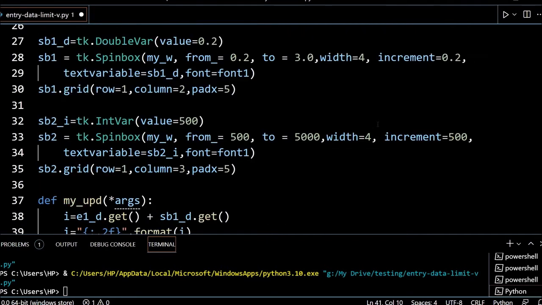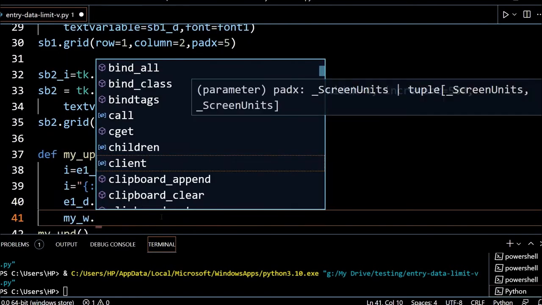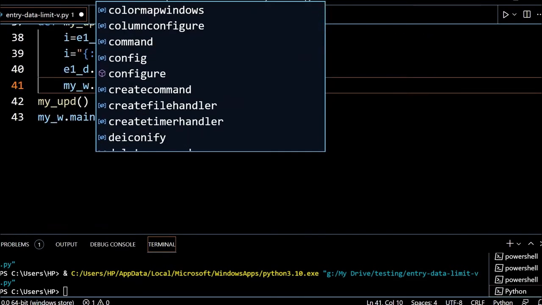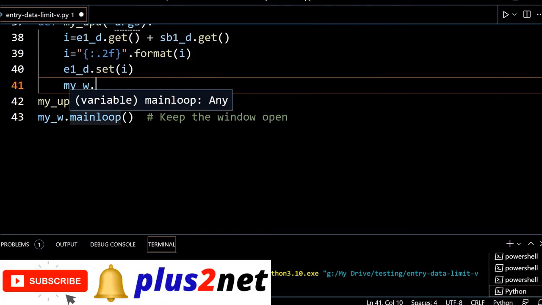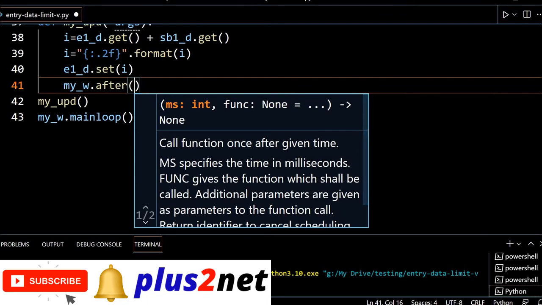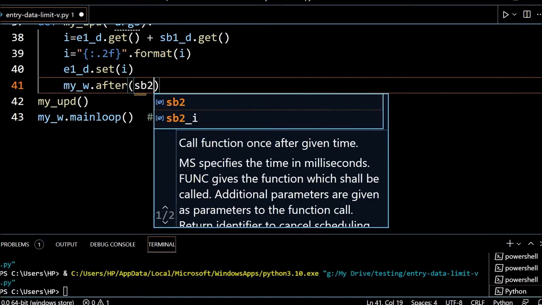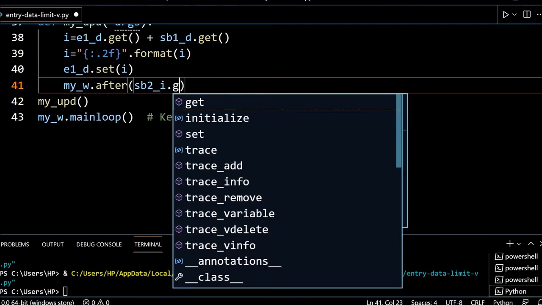If you want to see it, it is declared at line number 3 as my underscore W, my parent window. That's what I am putting here. Now the timer starts. The first input it will take is the delay in milliseconds. For the moment, sb2 underscore i dot get.